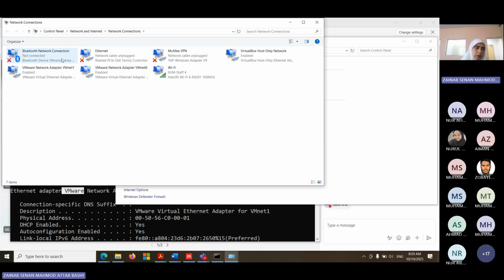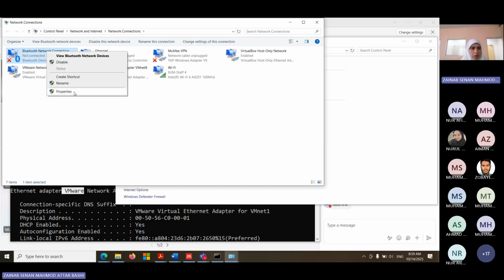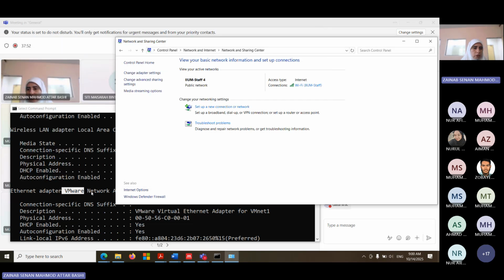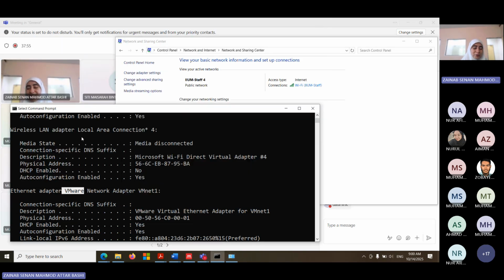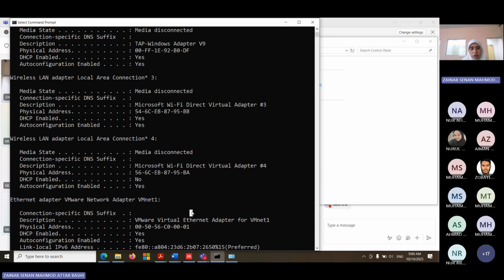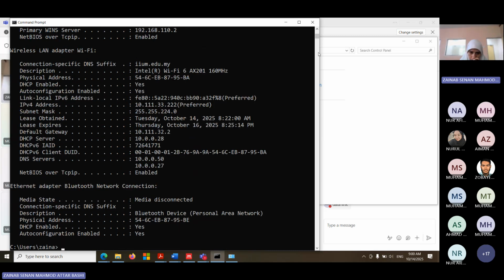Okay, so here for Windows, because they use visualization a lot, they visualize everything. So you can see it like icons, and you click on them, have properties, you have some features you can change. But if you don't want to use the visualization of Windows, everything can be shown here in the command prompt. So you can see I have a lot, and I believe you will also have a lot. But when we go to the lab later, you will see only one adapter, because the computer has no wireless, has no virtual machines, and so on.